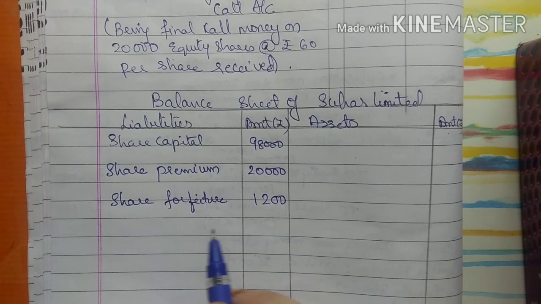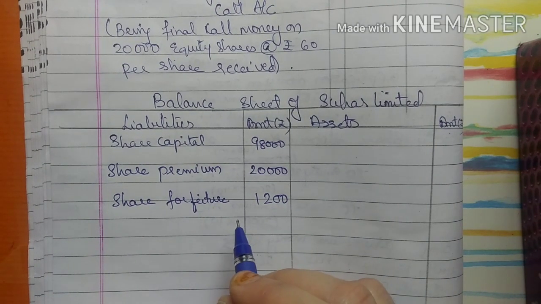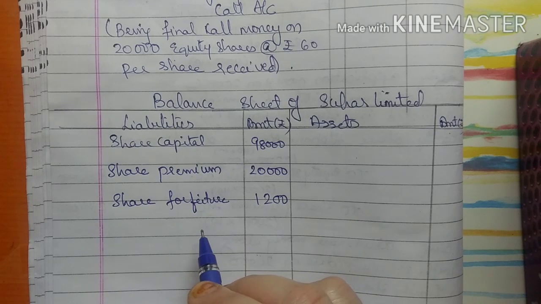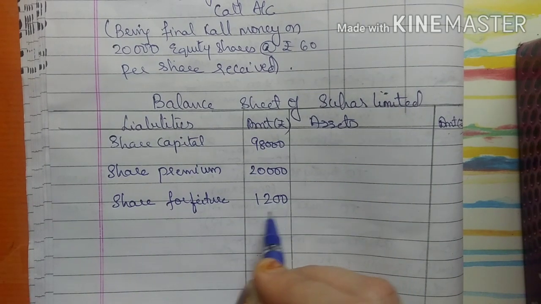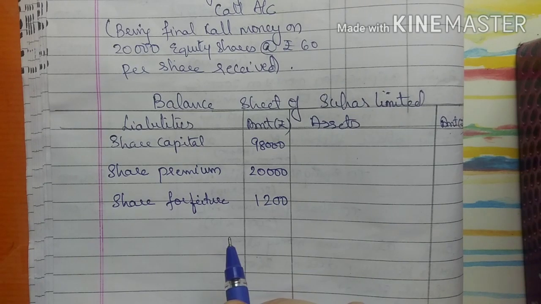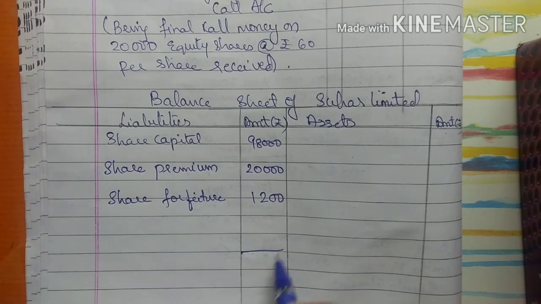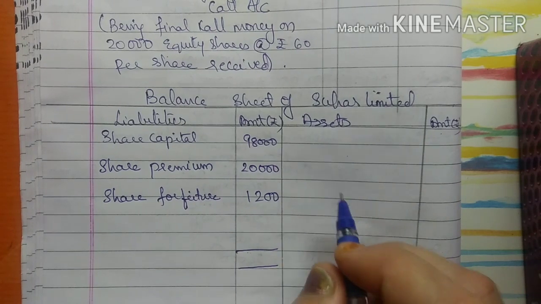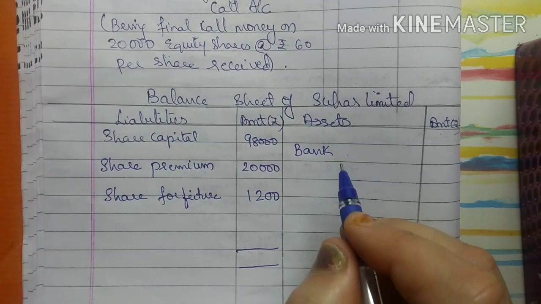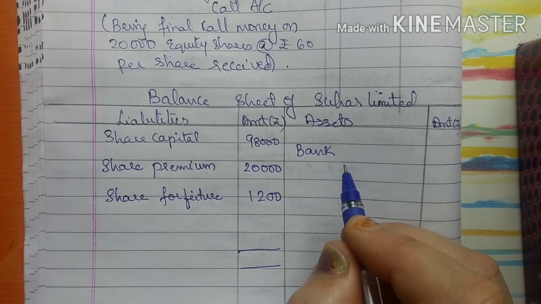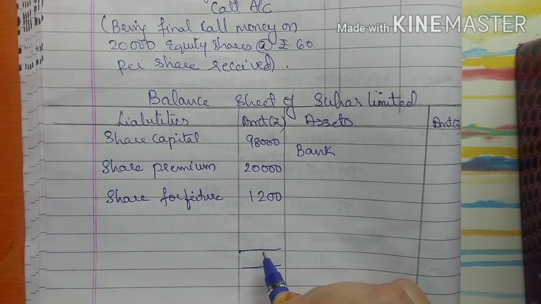1,200, जो share forfeiture में कौन सा अमाउंट जाता है? जो शोभा ने पे किया है, राइट, जो शेयर होल्डर पे करेगा. सो इन द एंट्री वी हैव ट्रांसफर 1,200 only. Okay, so now these are the three items which will come in the liabilities. So on the asset side there will be only one item, and that is what? Bank. So first we will total these items. It is